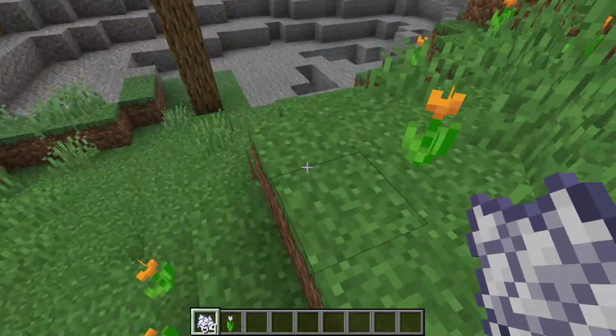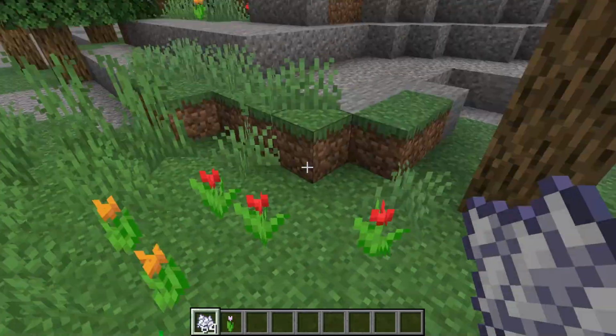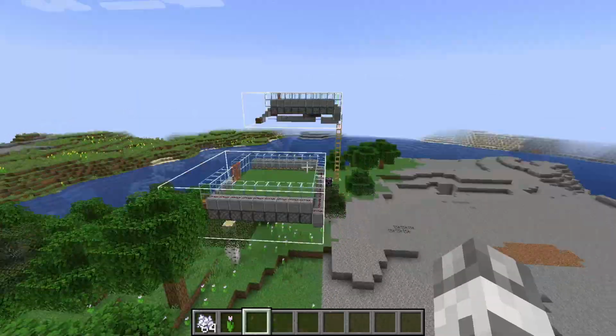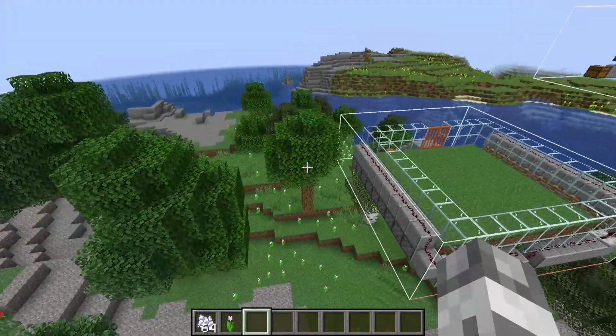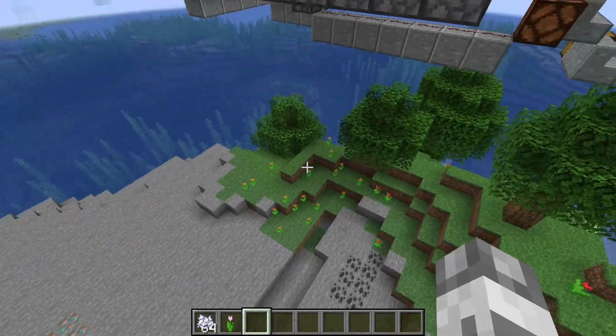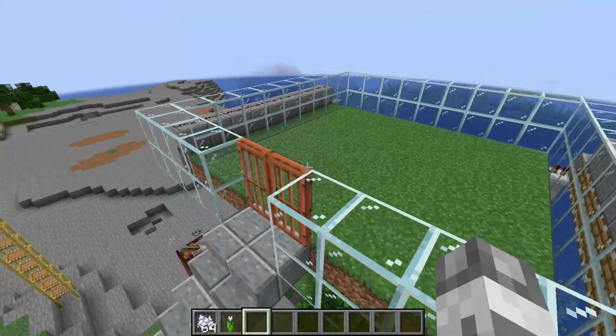Here we have some orange tulips, and again if we apply bone meal, we're going to obtain the same flowers. For example, here probably we are already in an area of red tulips. And varying the location of this particular farm, we're going to obtain a different configuration of flowers. For example, in this area we have a lot of orange and red tulips, and let's say we build this farm a few blocks up